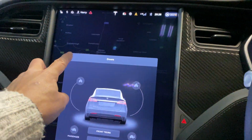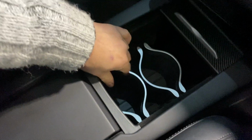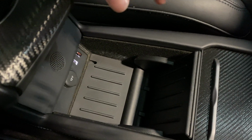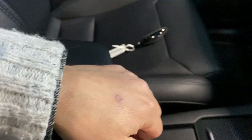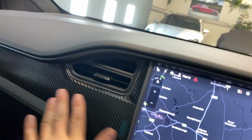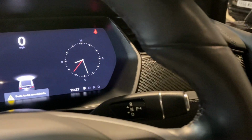Before I get onto the screen, let me show you this. It's huge, twin cup holders. These are adjustable, you can just pull them out and slide them where you want. There's more space there as well, and then there's also further space here with the USB sockets as well. These cup holders you can cover up with the armrest if you want. Glove box, just press that button there. And again, all this wrapped in the carbon, which looks great